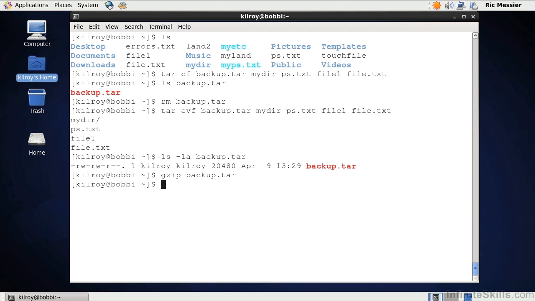Well, there's an easier way actually to compress and archive at the same time. And let me show you how to do that. Let me get rid of this backup file first before I create it. Now I can do tar